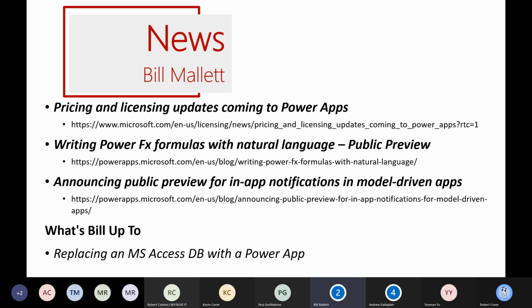And what Microsoft has now done is created this idea where you can get to your FX formulas by typing in natural language. And so this is now in public preview, so you can test out this idea. You type in, I would like to search on blah, blah, blah, and then it gives you the FX for how to do that search. So a very, very handy feature that's been developed by Microsoft.